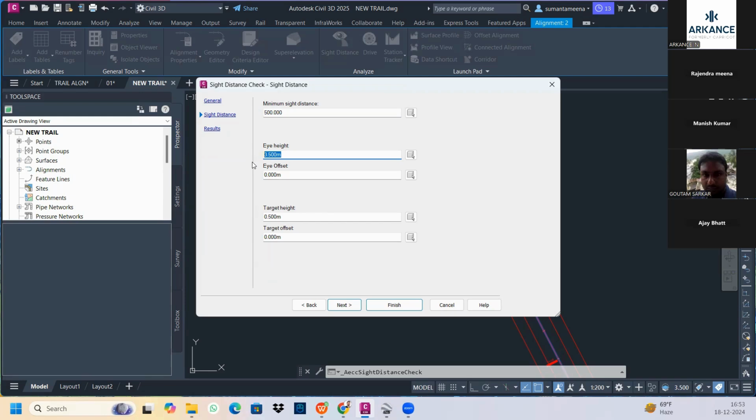एक ड्राइवर आई हाइट होती है जो हम जनरली एसएसडी में लेते हैं। 1.2, क्या सर? I think sir 1.2. 1.2। राइट। ये भी जनरली दोनों के केस में अलग होती है। अगर एसएसडी ले रहे हैं तो अलग है, और ओएसडी ले रहे हैं तो अलग होता है। ठीक है। आई हाइट तो सेम रहेगा, बट जो टारगेट ऑब्जेक्ट है वो आपका चेंज हो जाता है।